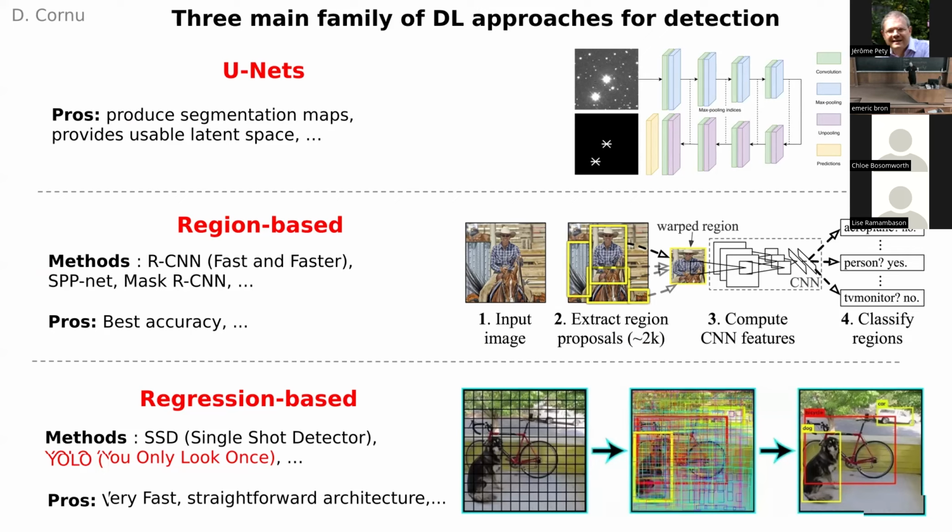Then you have two families of methods that are based on detecting bounding boxes. In computer vision, a bounding box is the smallest possible box that contains all the pixels belonging to a given object. And we have the first family, which is called the region-based methods. We also call them multi-stage detectors because they will try to decompose the detection task into simpler tasks that are